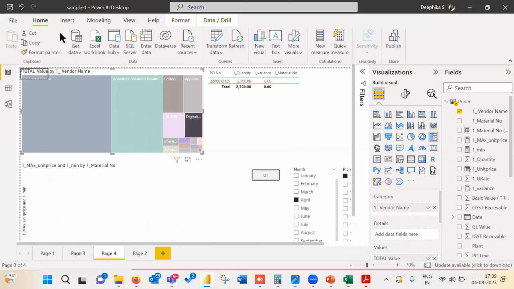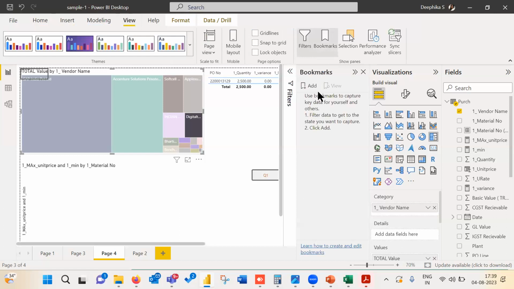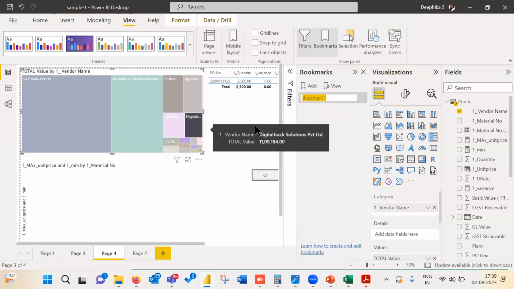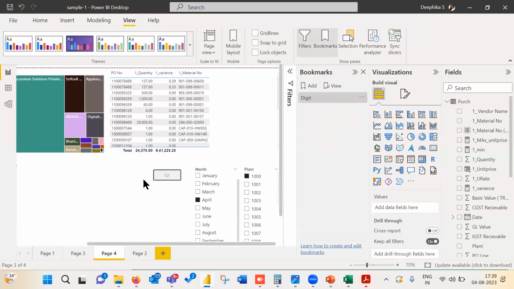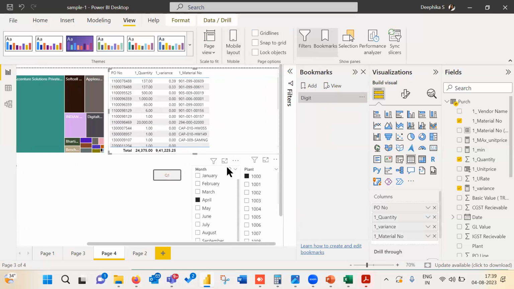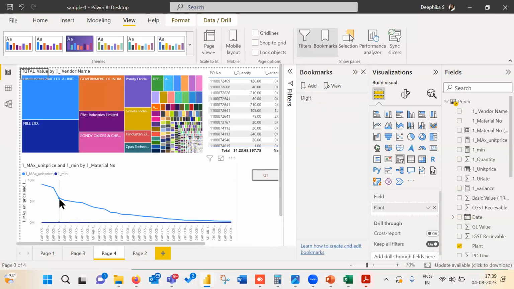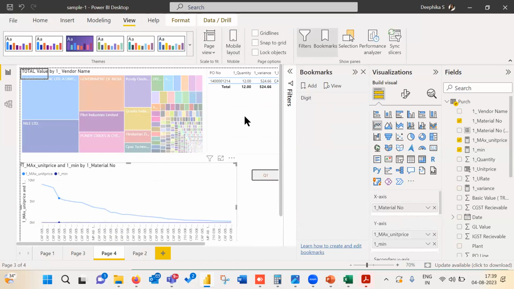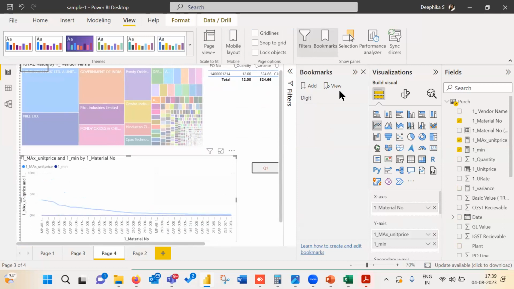Then what I'll do is I will save it as a bookmark. I'll go to the View tab and I will create a bookmark and give Add Bookmark. So what happens? This view, whatever I have now, will become a bookmark. Now let's say I'm going to come to some other view. I'm just coming out. Month filter I'm removing. Plant filter I'm removing. Okay, and I'm in this material analysis. This material from this PO number analysis, I'm there. Now I'm going to create this as another bookmark, bookmark 2.